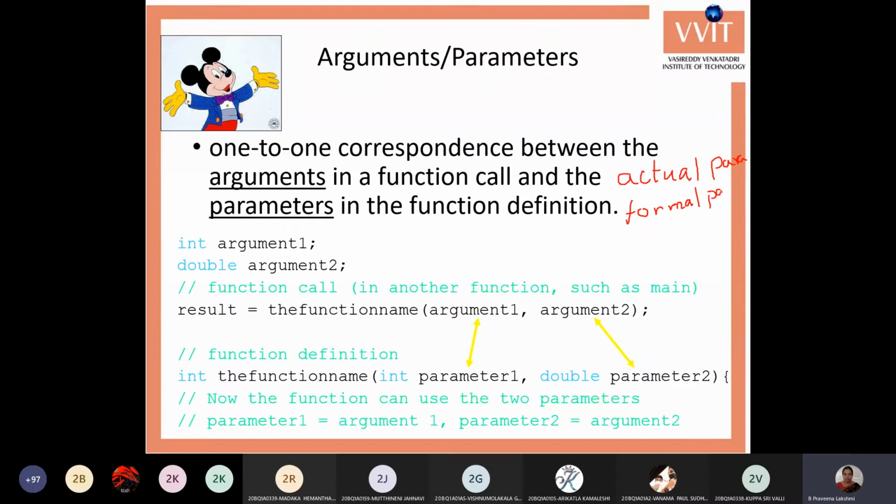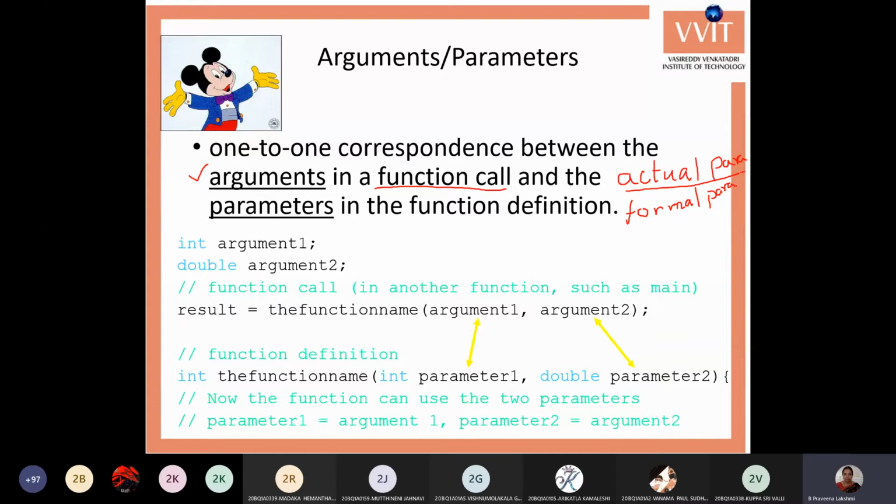So we'll see what are these two. Arguments are actual parameters, and these are given in the function call. Whenever you are calling the function, whatever values or variables you are giving in the function call are called the arguments or actual parameters. That is, the actual variables you are using in the program.